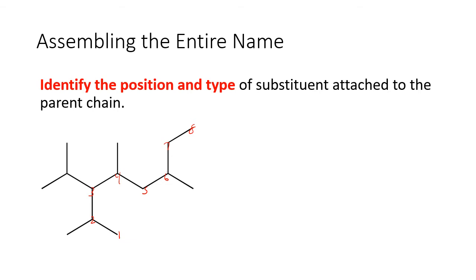If I start numbering this way, my first substituent is at position 2. If I was to start numbering the other way, 1, 2, 3, that's incorrect. My first substituent would be at position 3 then. So we don't want to do that. So we're going to stick with our numbering that we have. And then your next thing is you want to list out everything you have. So oct is going to be what you use for 8. And then octane, because we have an alkane. And then at position number 2, we have a methyl group,